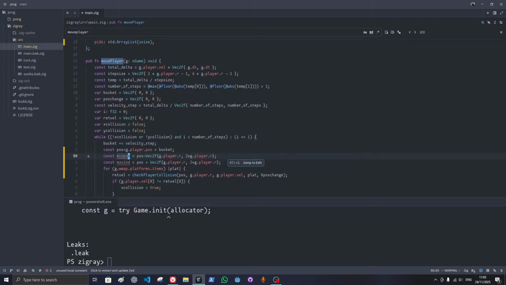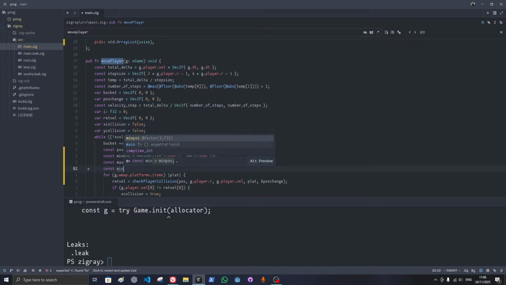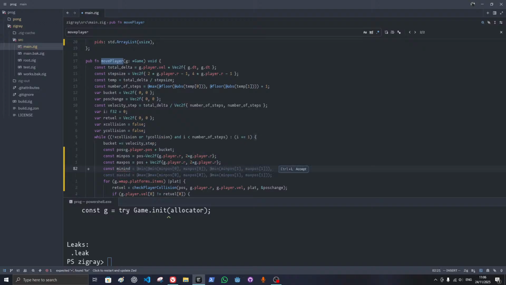Min position, max position. Then I need to do const minimum index is equal to